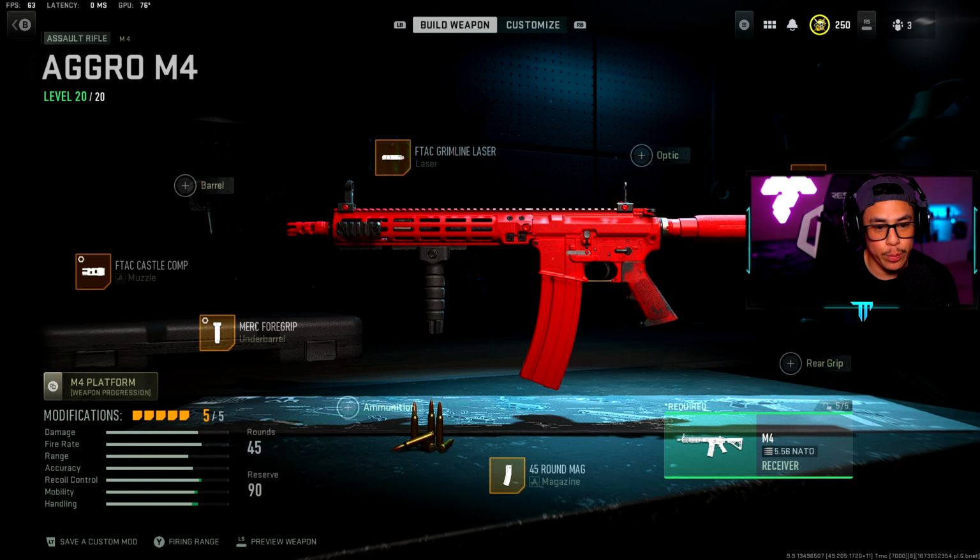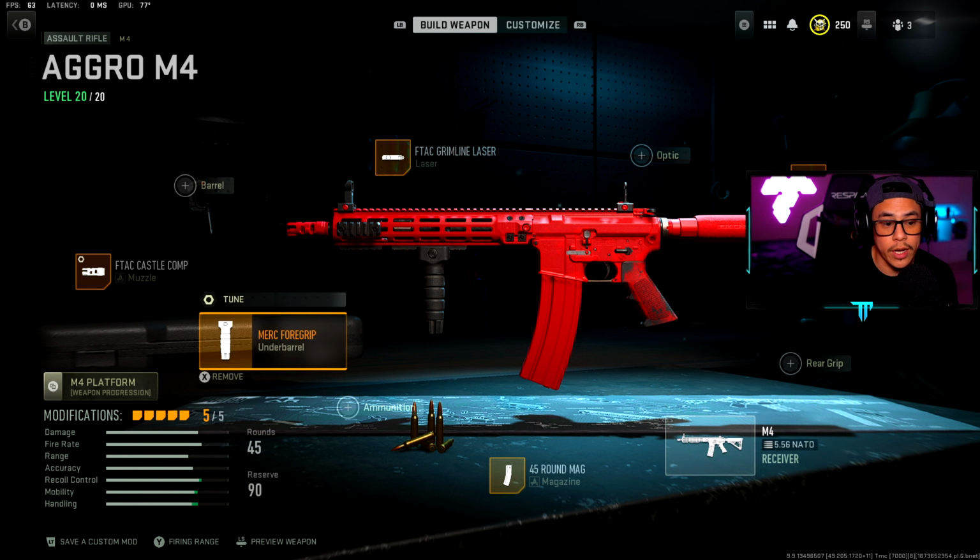So for this M4 build, this is going to be an aggressive build. All right, this is meant for mostly close range engagements, but it does have that flexibility to engage at medium to long range. After all, it's an assault rifle at the end of the day, but just slightly suited more for close range. Posted a video for this one, and I saw the comments about, it was kind of mixed match. Some people didn't like the recoil, some people actually liked the class setup,